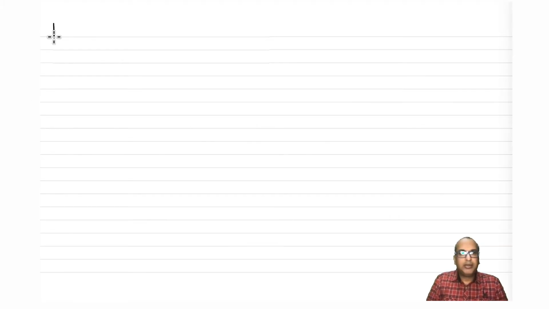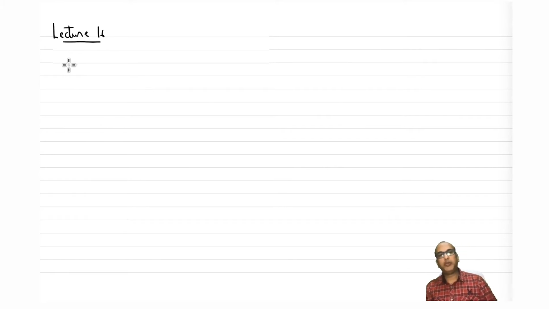So welcome back. Let us start with lecture 16. In the last lecture we have seen matrix representation when we use xyz coordinates or an orthogonal set of coordinates. We transform the orthogonal set of coordinates. So now let us see if we can use the same principle to develop a matrix representation for a point group. So, matrix representation.